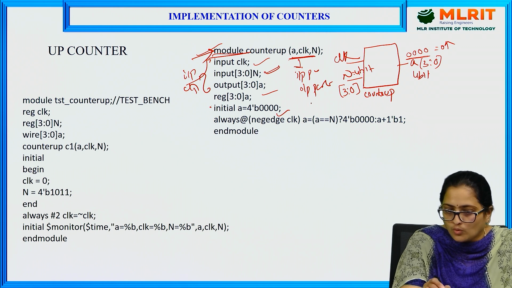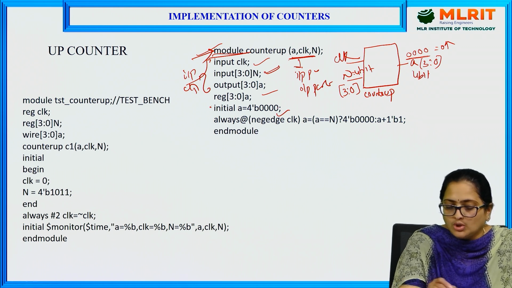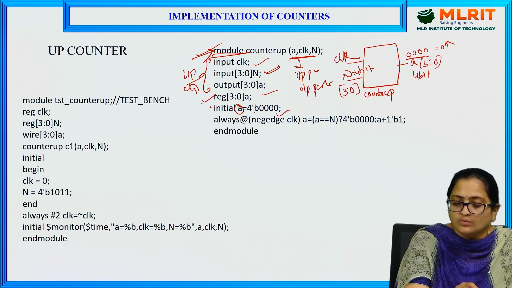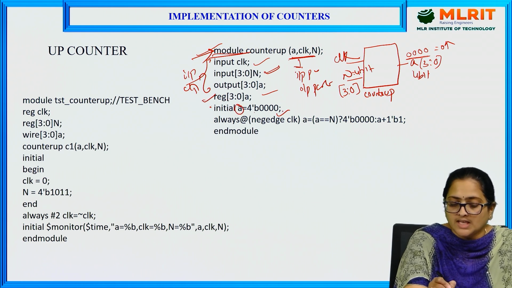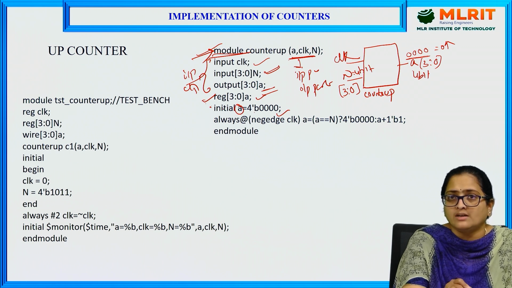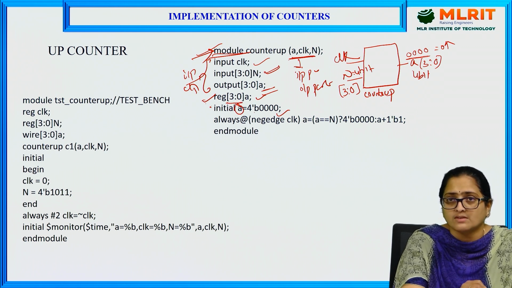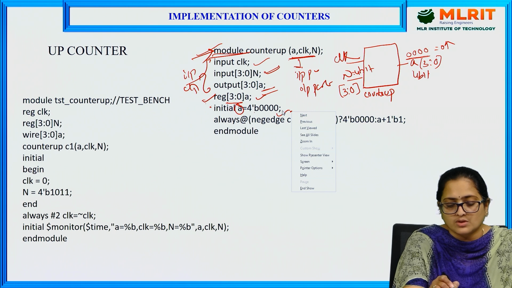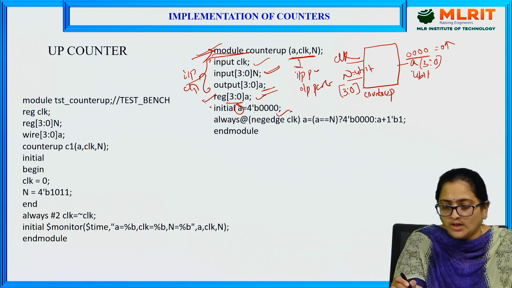That is the reason why I'm ensuring that your output A is given with the 4-bit binary value of 0, 0, 0, 0. So in order to store A value as a 0, I need to declare this A as a register. And this A is a 4-bit vector. Here I have represented A as a 4-bit vector. So register 3:0 A. Here also I am representing that register A is an output variable which has to be stored with the 4-bit value. That is the reason why I have taken here also as a vector representation. So register 3:0 A. Initial A is equals to 4-bit binary value of 0, 0, 0, 0. Now I placed a 0 in A.